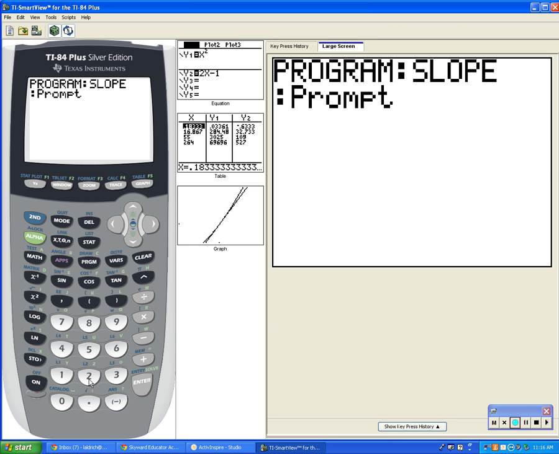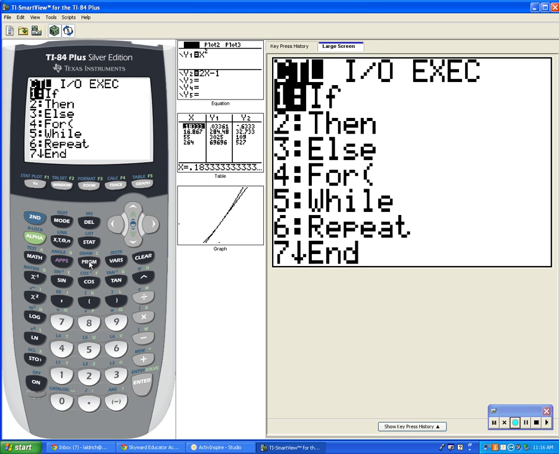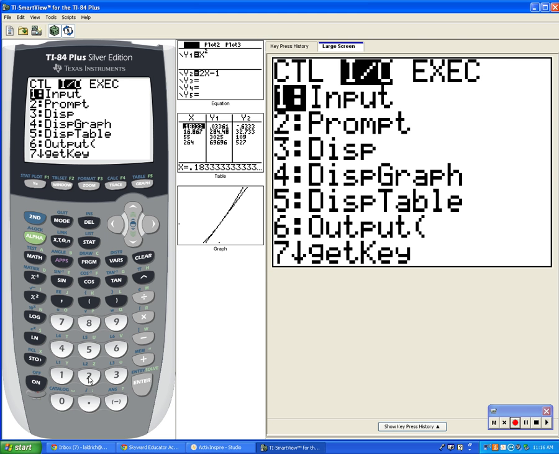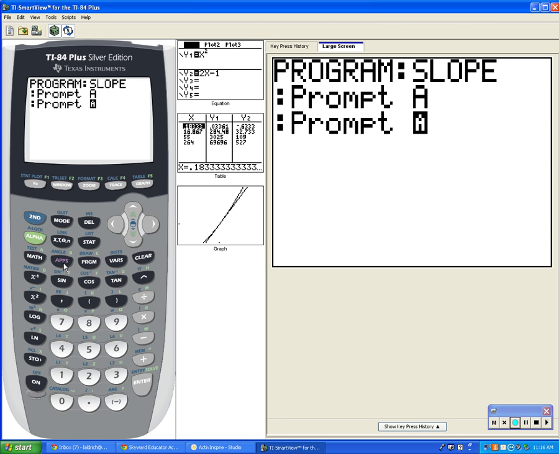I can't do subscripts here, so I'm just going to call our x1 A. I don't know how to do subscripts on the calculator. Yep, I did alpha A. When I do prompts, nothing happens, because you have to hit enter after the slope. Now I'm going to hit program again, go over to the I/O, hit prompt, and call this alpha B. So far, the exciting program that we have written for our calculator is going to say,